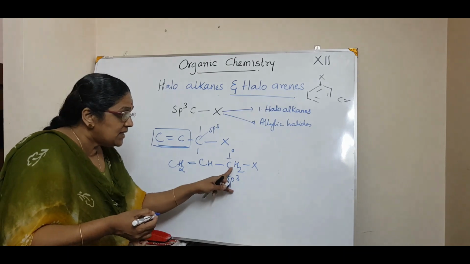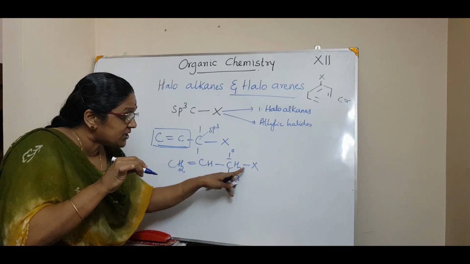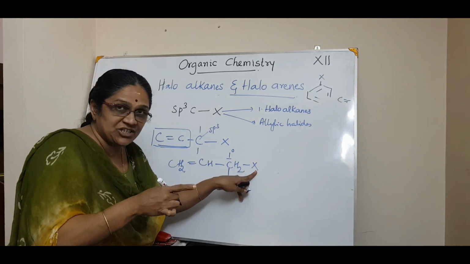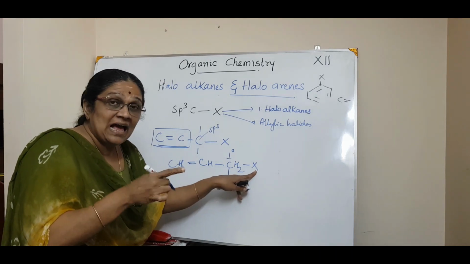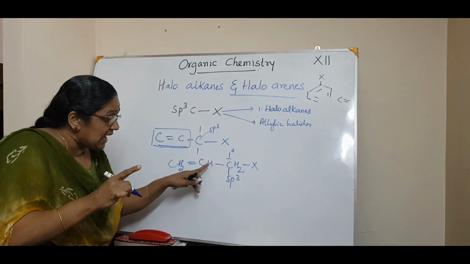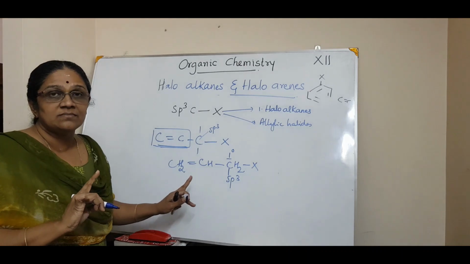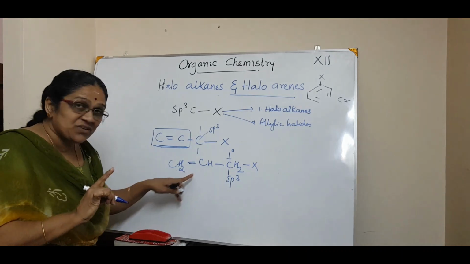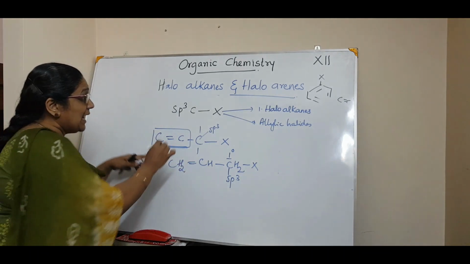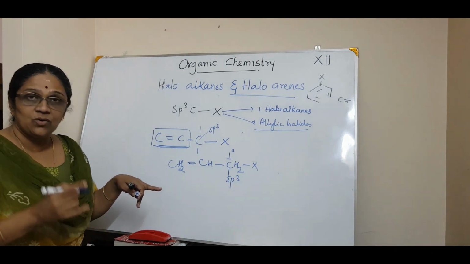Why? Because this carbon atom which we are considering is of great importance to us. It is important because this carbon atom is directly attached to a halogen atom. That is our concern. But allylic means this carbon atom which is our concern is directly attached to another carbon atom which contains a double bond. Clear? So such type of halides is called allylic halides. You got it?